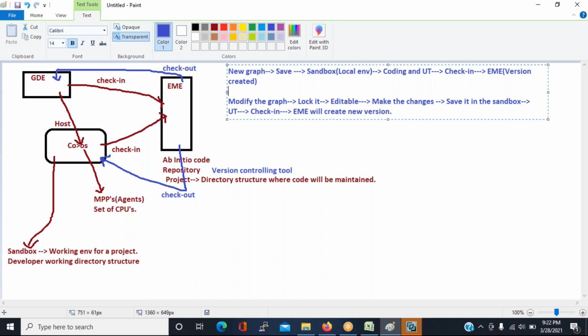Only one person can lock the object. Two persons cannot lock the object at the same time, right? So to make it editable, we need to lock it. If you want to modify any existing object, you have to lock it. The lock will be available only if it is the latest version that you have in your sandbox,